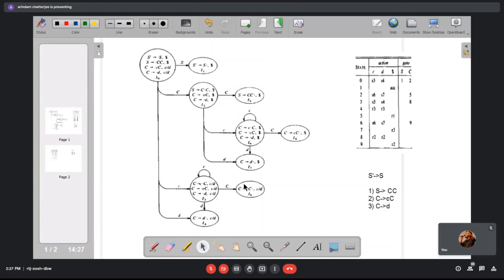So yesterday we were talking about the LR1 parser. We just started the LR1 parser. We said that including a look ahead item in the item set can actually go a lot of distance.